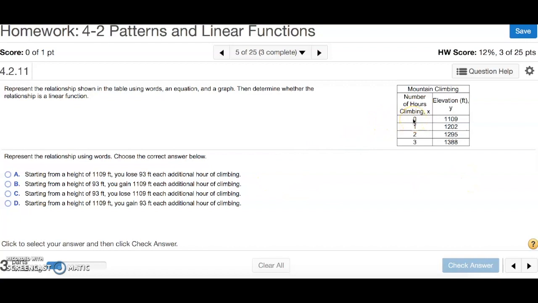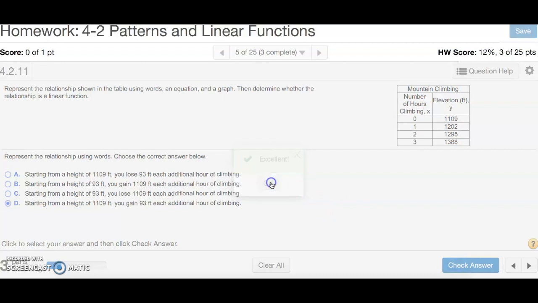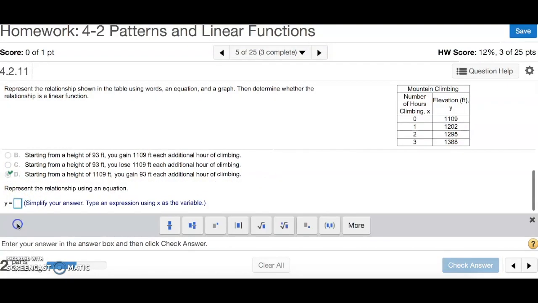0 is the starting point. So we're starting at 1,109 feet. So starting from a height of that means either A or D. We are gaining 93 feet, so that would be D. So representing that in an equation, what we're gaining each hour will be my rate of change, so 93x, and my starting point will be 1,109, so plus